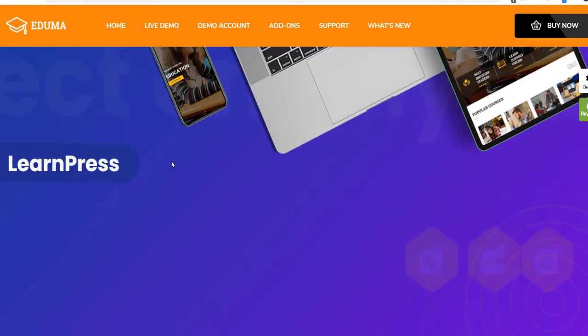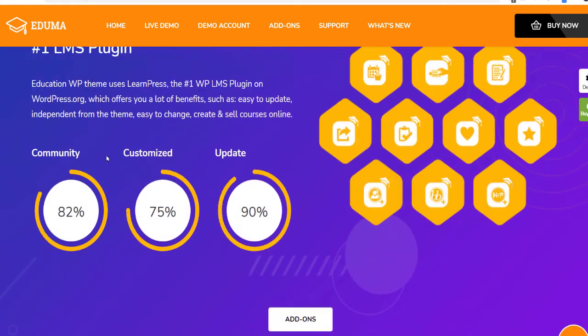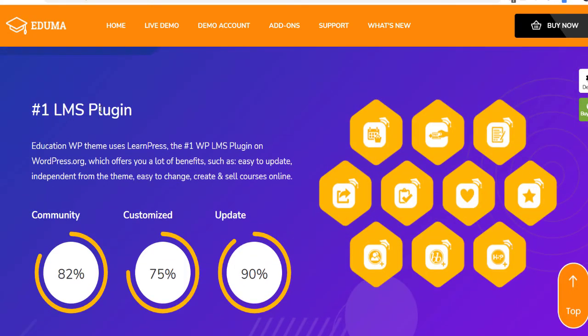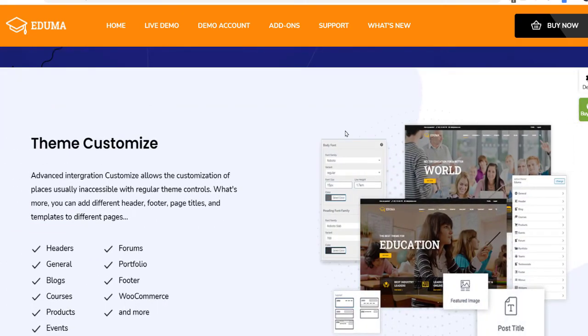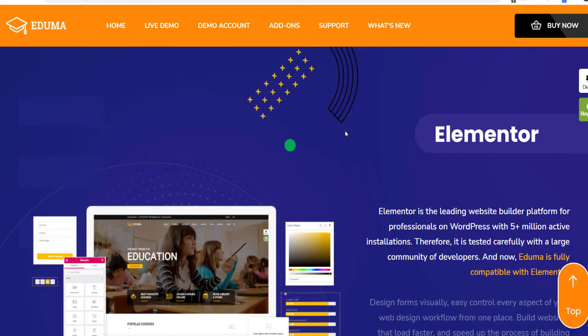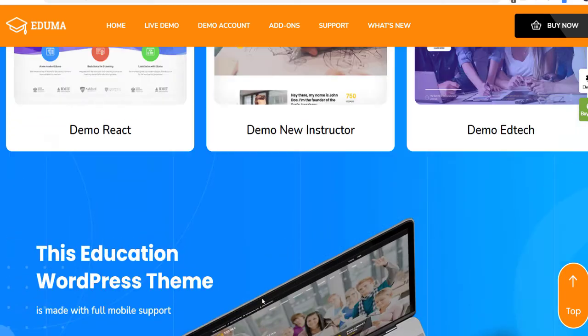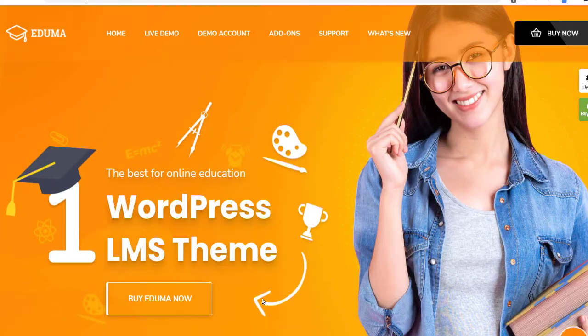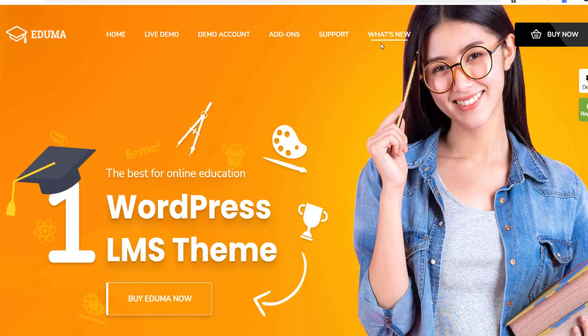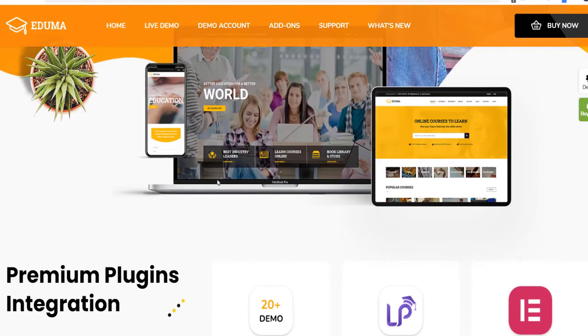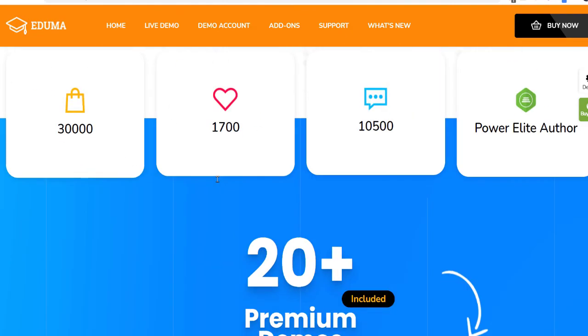With the LMS plugin, you can create the same with the help of Elementor, this tool. You can design a 100% working website with the same functionality. So the benefit of these paid themes is that you don't need to do much work, it's already created. They offer you a lot of pages.